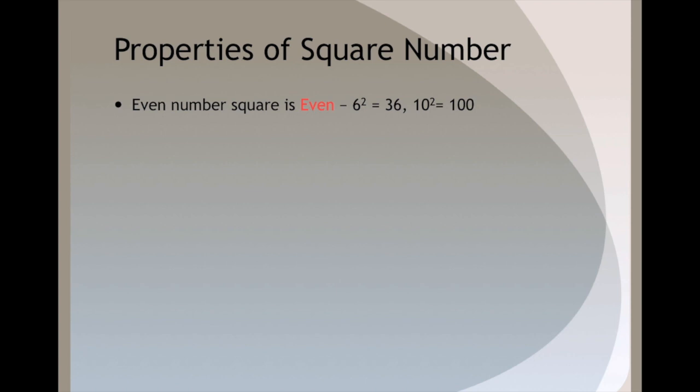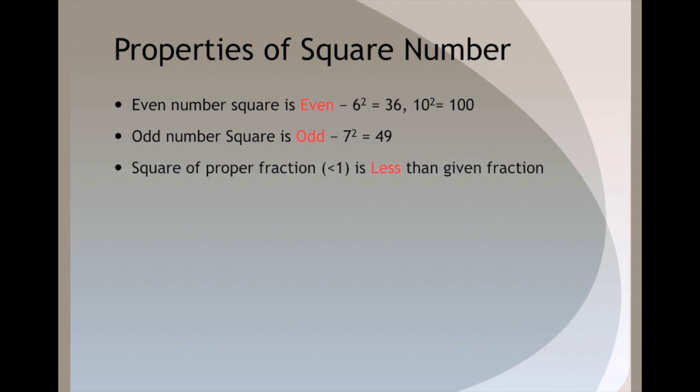That's why any given even number's square is always even, and the same holds true for odd numbers. If you take any odd number and multiply it with itself, the answer will always be an odd number. Now the third property is